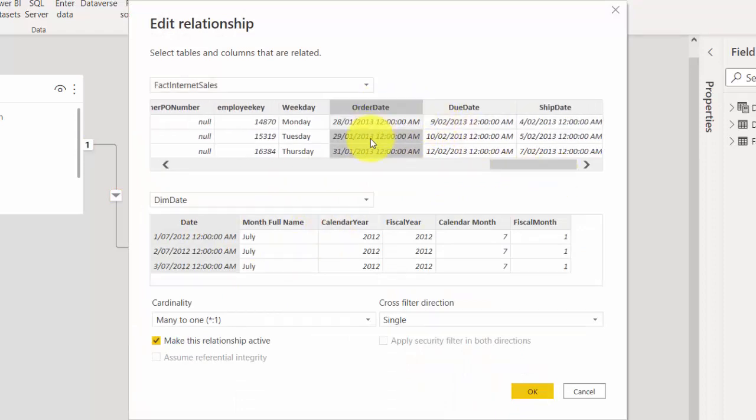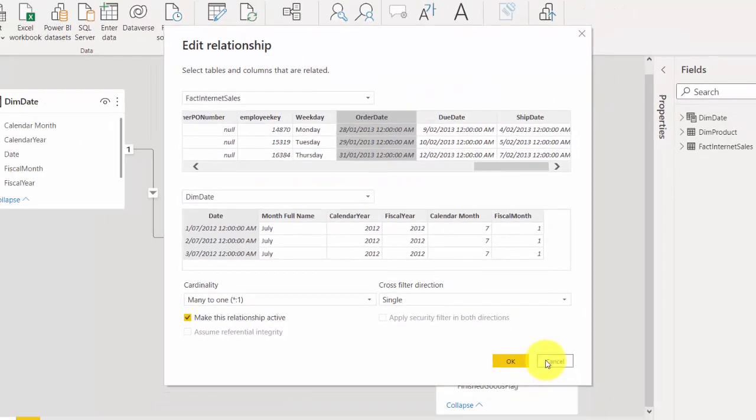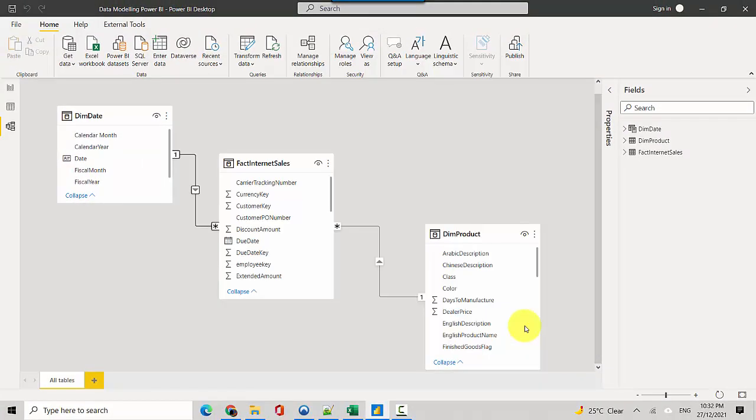So you can see I've got order date field which is joined, but there are two fields called due date and ship date which are not joined. So what we'll do is we'll create two more tables, one for ship date, so we can slice and dice based on the ship date, and we'll create another table for due date.